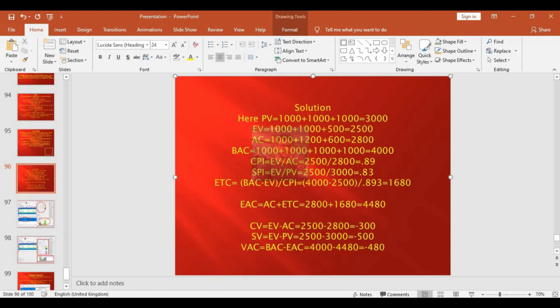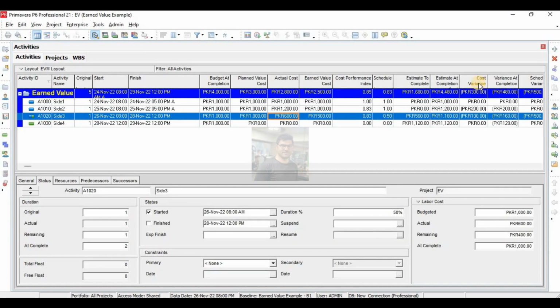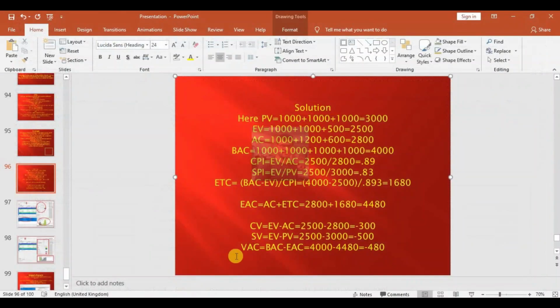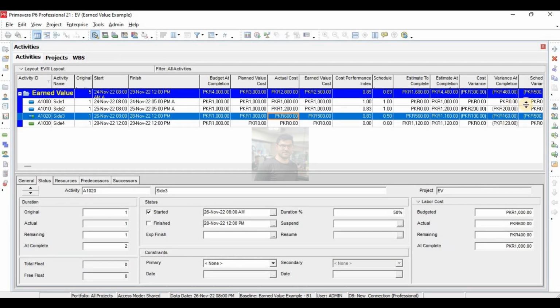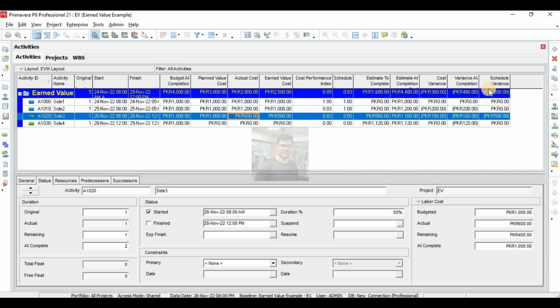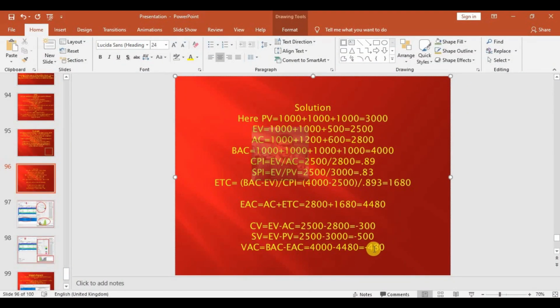Cost variance is minus 300. Cost variance is minus, in bracket means it is in minus, so cost variance is minus 300. Schedule variance is minus 500. Schedule variance here it is in minus 500, and variance at completion is minus 480. Variance at completion is minus 480.